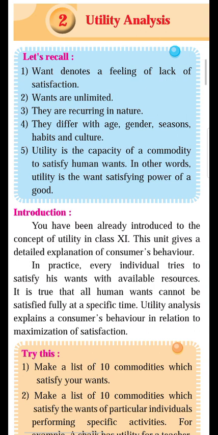For example, in India there are 3 seasons: rainy season, winter season and summer season. So people have different wants during the rainy season, for example, umbrella. People have different wants during the winter season, for example, sweater, hot drinks. And people have different wants during the summer season, that is cold drink, ice cream. All these are demanded during the summer season. So want also changes as per the season.